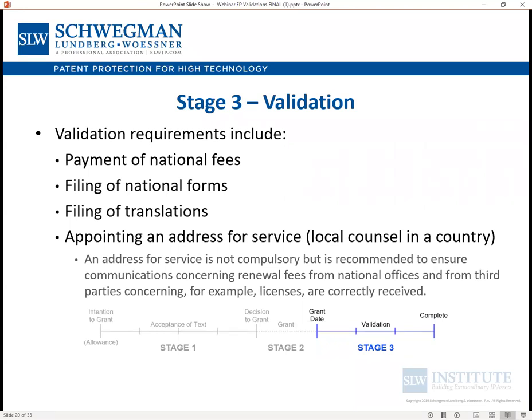The validation requirements are completed by either a local national associate or a European patent attorney firm who can work across multiple EPC jurisdictions. For example, Schwegman, Lundberg and Mujner UK can validate in France, Germany, Ireland and the UK without the need for third parties. National requirements vary from country to country and may include the payment of official fees to the National Office, or